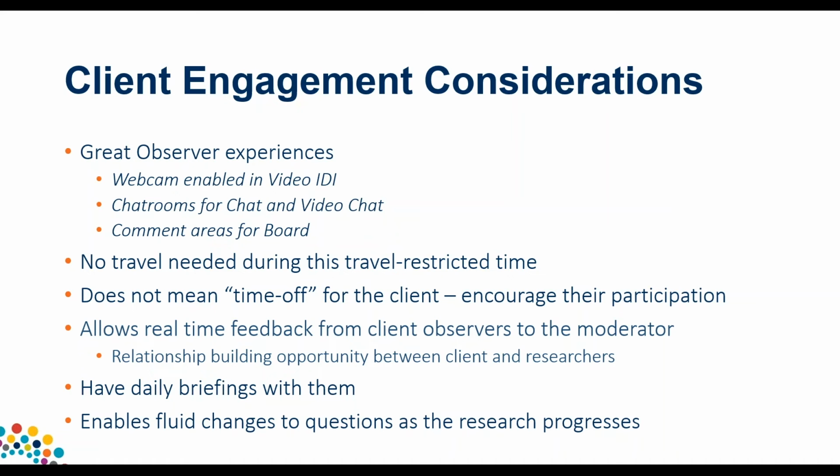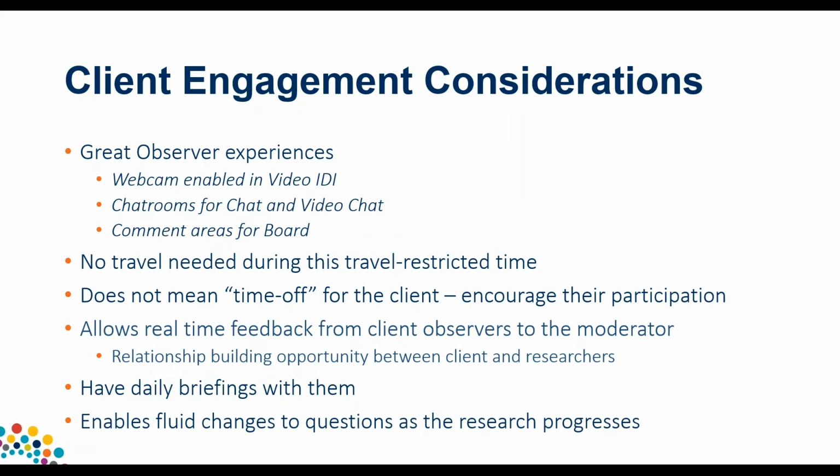When you think about qualitative in person, we all know that the clients get on an airplane, travel to a city, book into their hotels, all go to the facility, have lunch, have dinner, chit chat with one another, and watch the sessions. So there's a great deal of time commitment on their part. Doing something online does not mean that they don't have any of that commitment. It's just conducted in a different way.